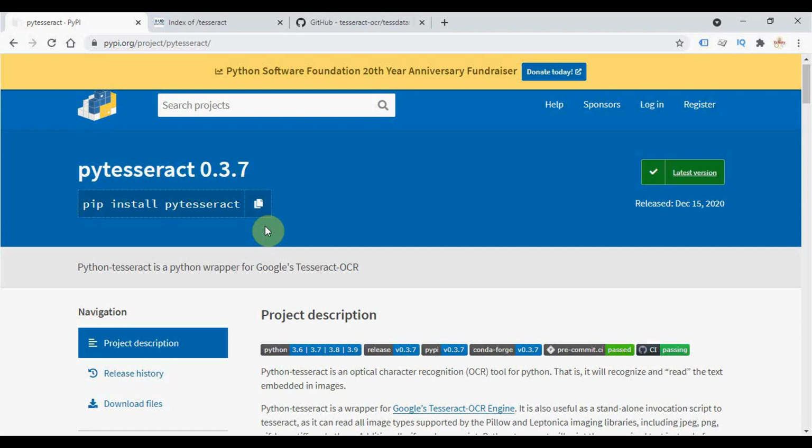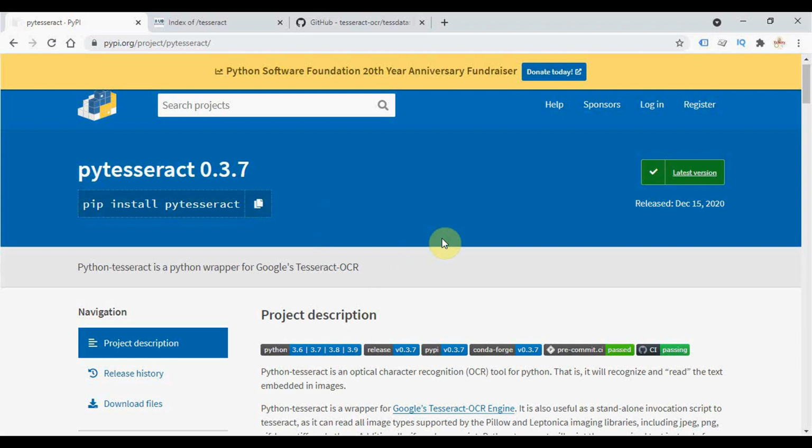You can take any image and extract text from that image. But while choosing the image, the better the image quality in terms of size, contrast and lighting, the better will be the recognition result. Next we have to go for downloading and installing the Tesseract OCR engine. That is mandatory for PyTesseract to work.